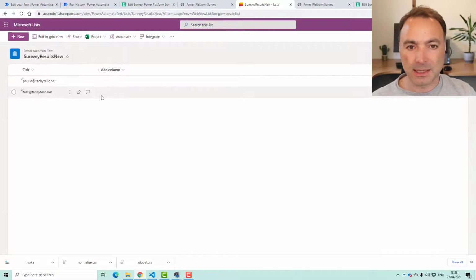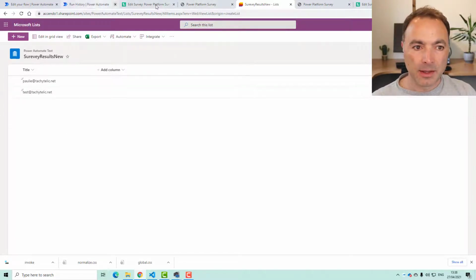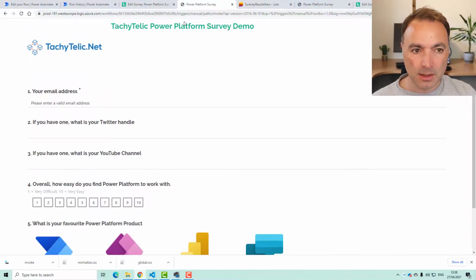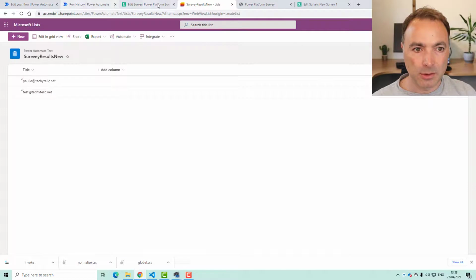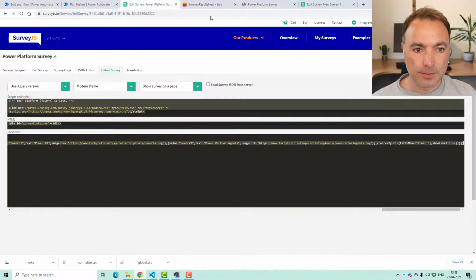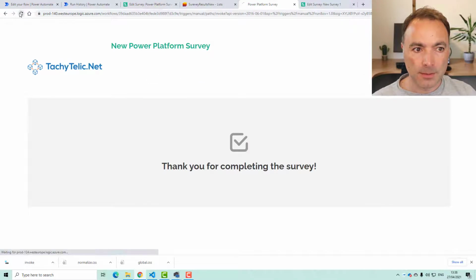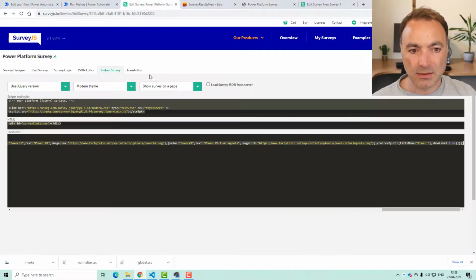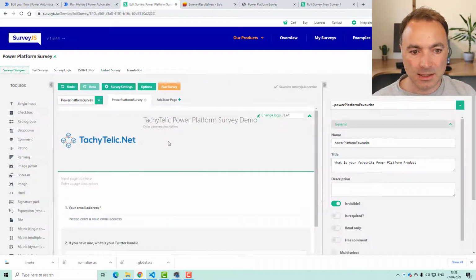Here we go, test.techitelic.net. One of the things I just noticed on this form, no, this is the non-demo version. Here is I didn't put the values, the names of the products underneath. So if I edit this survey, and it'll just show you how easy it is to go back and edit it.